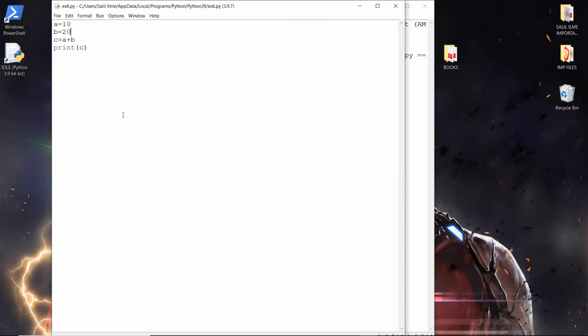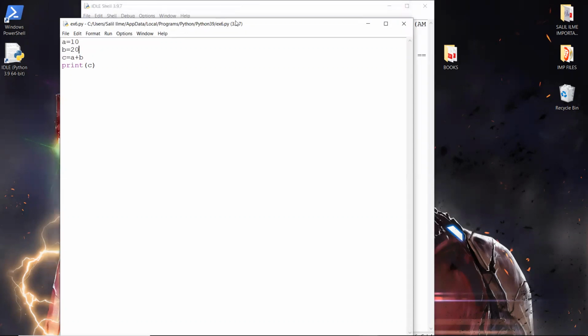Now, through user input, we can prompt the user to give us a value for the variable a and b. So we can write a is equal to int, which stands for integer. We have to specify the type of value we want to receive. So right now we want an integer. So we write int, open a bracket,